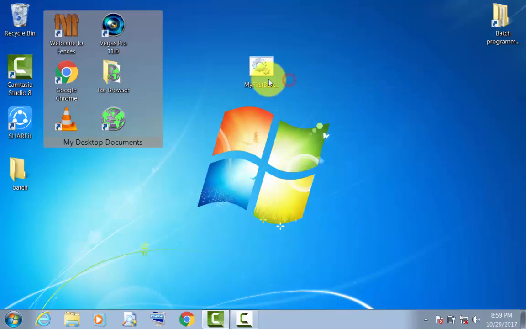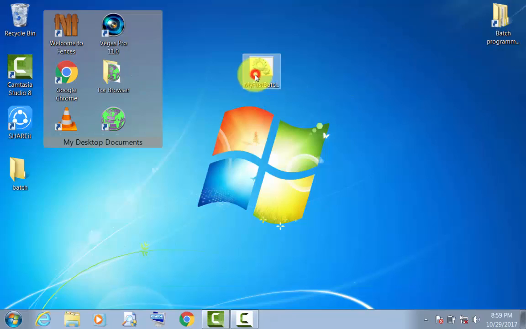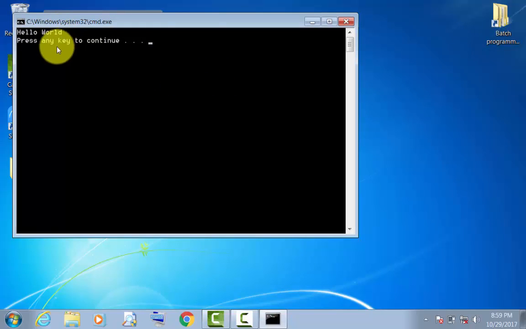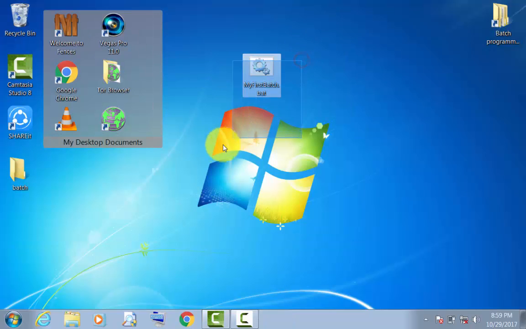So we'll edit and add pause. The command will come here and ask to press any key to continue. So we have pressed any key, so it will close. This is the first batch file we have created. So now we know how to create a batch file.